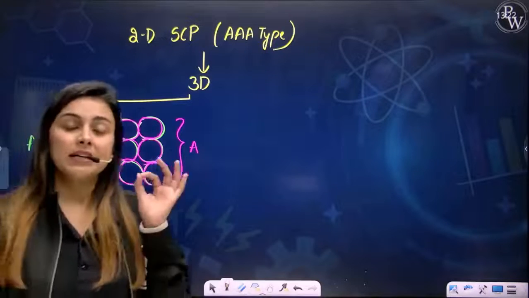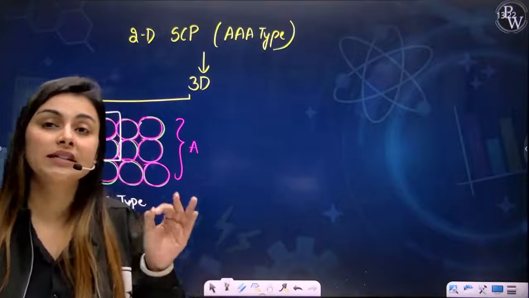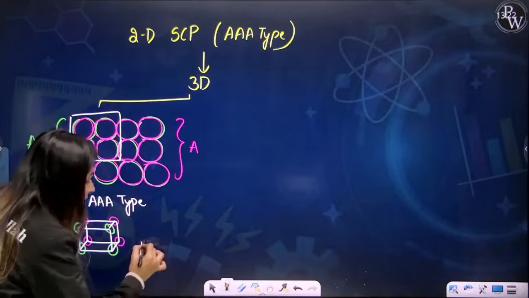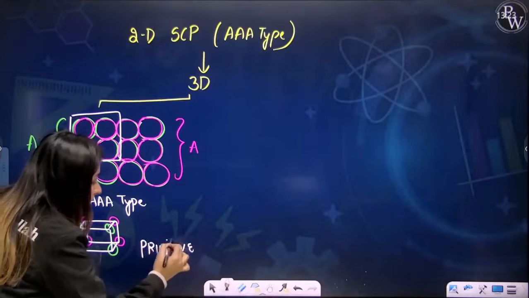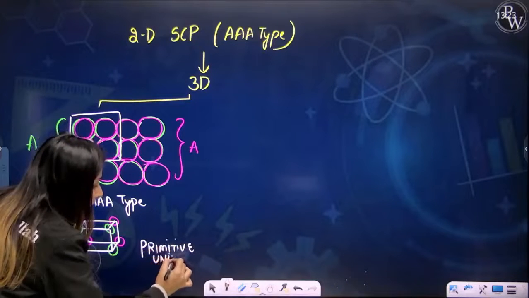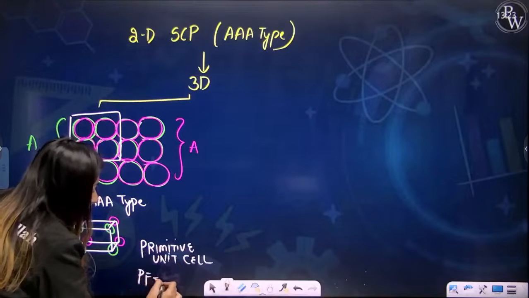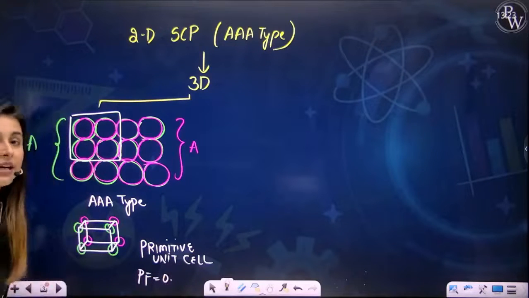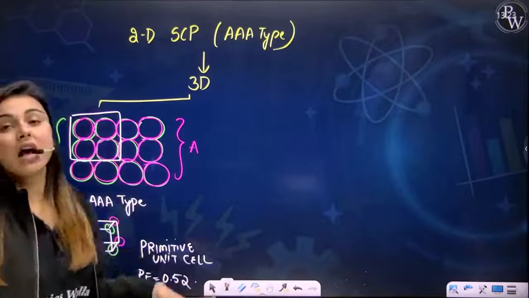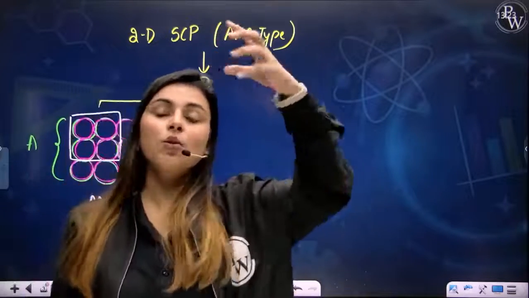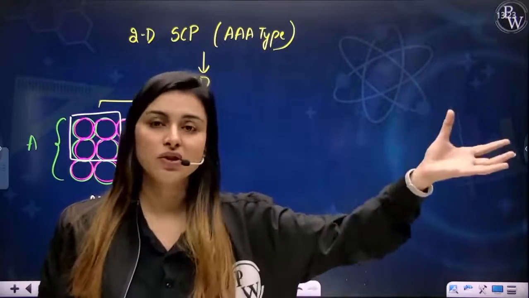Which unit cell am I getting? I am getting the primitive unit cell. So my dear students, this is your primitive unit cell. And we have studied its packing fraction. Its packing fraction is 0.52. Right? Yes. So this is how a 2-dimensional square packing, on taking it to the 3rd layer, 3-dimension AA